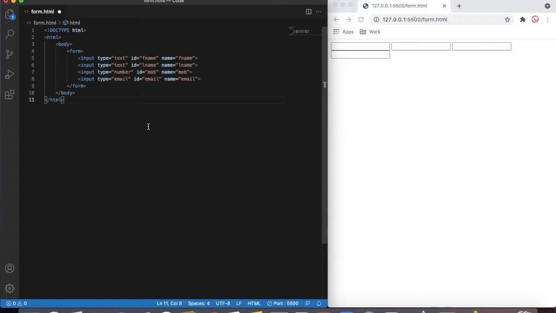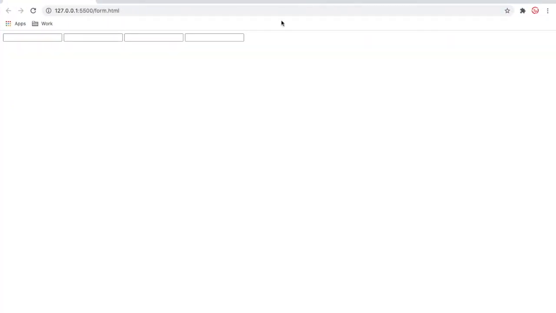So now you can see that I have made changes for all the elements. So first name: fname, ID, name. You can define a difference between name and ID, that doesn't matter. I just made the same name so you can remember and use it in multiple places. Similarly, last name, mobile, and then email I have done. Now I save that. If I save that, internally it doesn't make any changes. If I expand it, it is again the same.